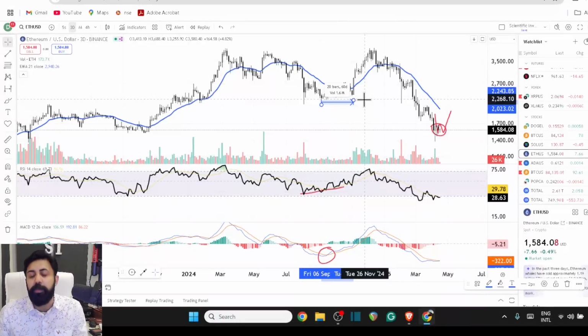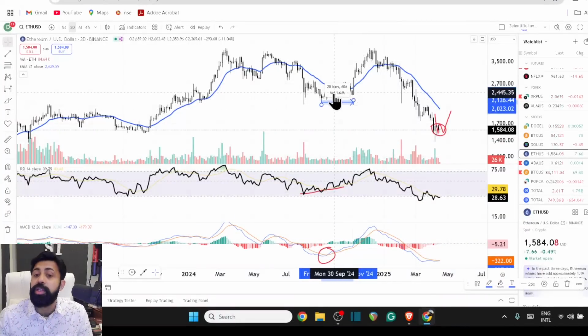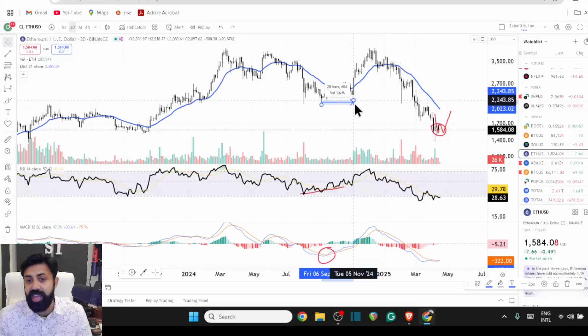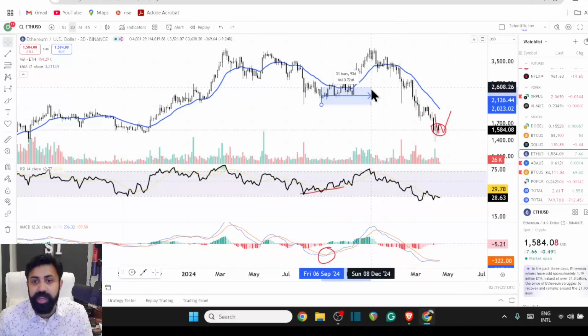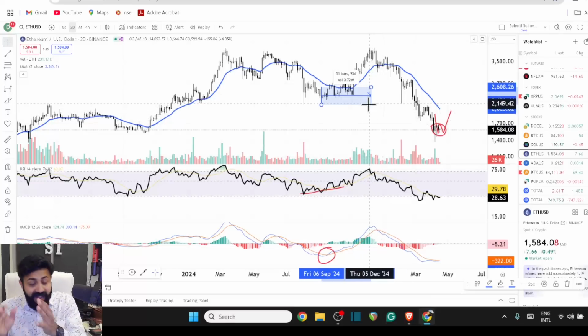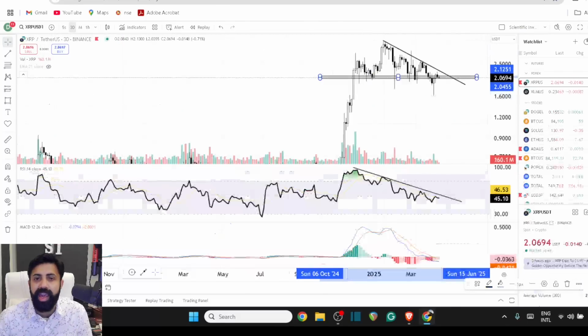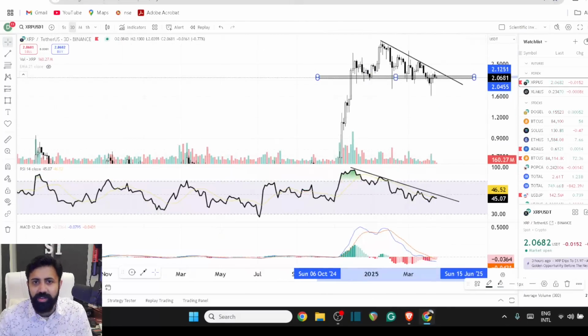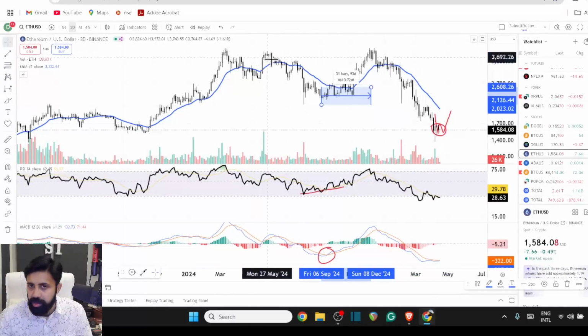Now, do you have the patience? That's 1. Do you have the discipline to accumulate those assets? That's 2. Just like Bitcoin, Ether also followed the same system. If you had the patience to wait for 2 months, the next 30 days gave you all the ROI you really wanted. Now, we saw XRP is not showing you that, whereas Ether is showing it.